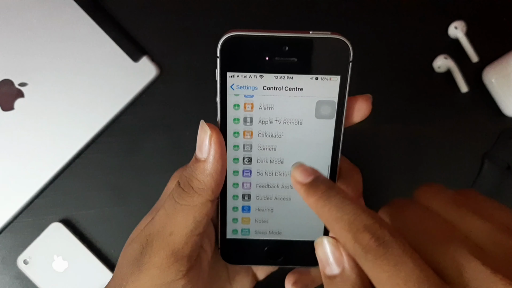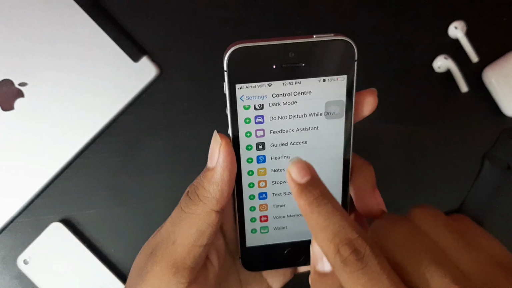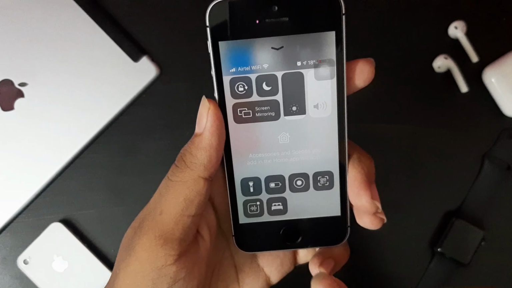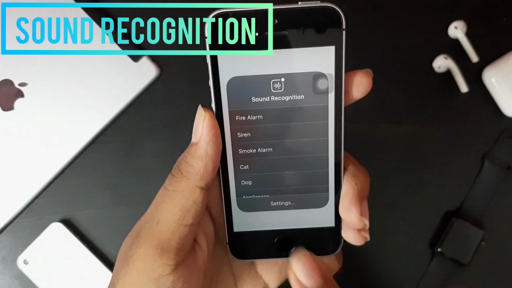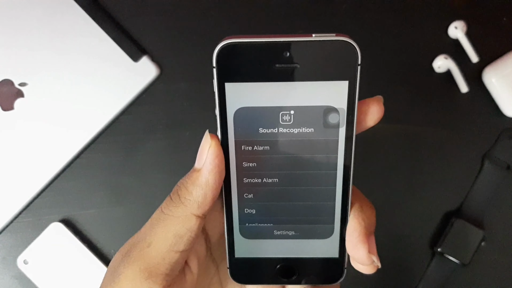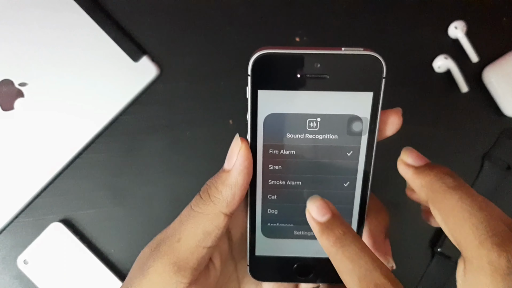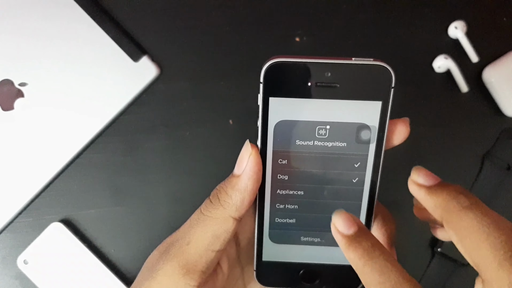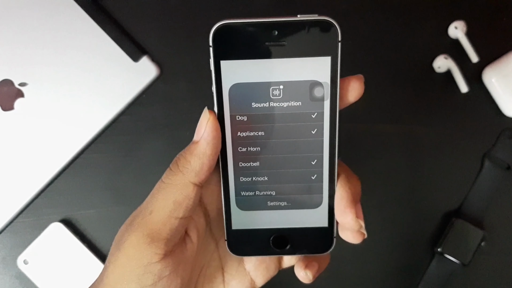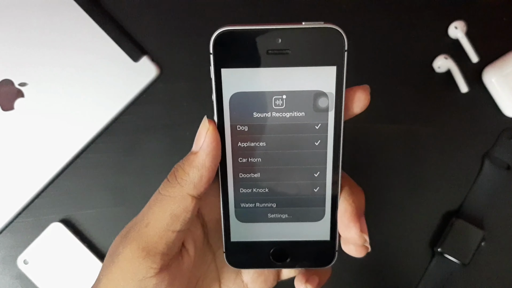Another feature is that you have sound recognition and sleep mode as well. I'll get to sleep mode in a minute. Let's talk about sound recognition. In sound recognition, the iPhone can identify different sounds like fire alarm, smoke alarm, cat, dog, appliances, car horn, doorbell, and notify you with your Apple Watch, or it makes a loud sound with the speaker in emergency cases.